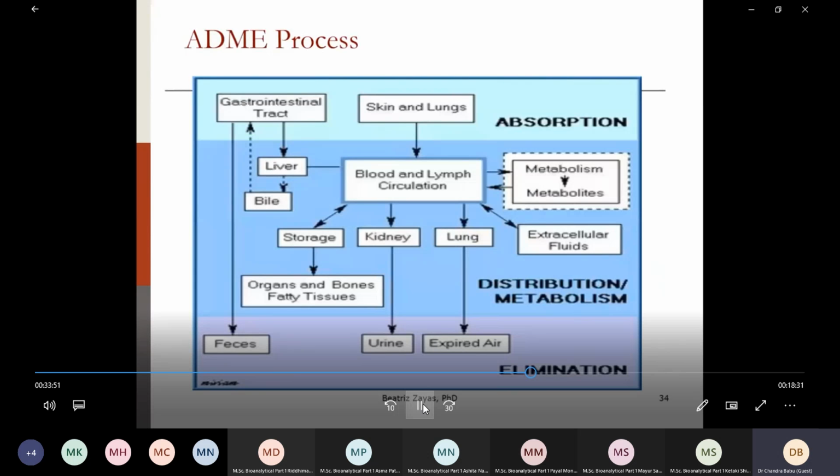The transformation or the metabolism is a key process, very important in order for a substance to be eliminated, and we'll talk about that. As you can imagine, we need to make these substances water soluble in order to be eliminated by urine or feces or even sweat. So the key aspect here will be to transform a lipid soluble compound into a polar or more water soluble compound so it can be eliminated. However,